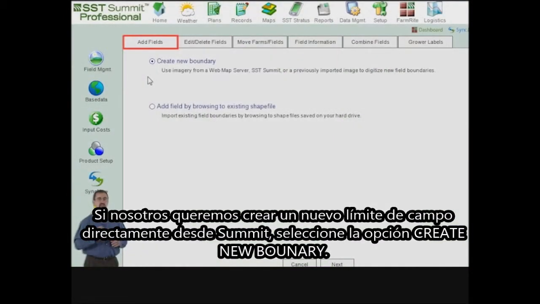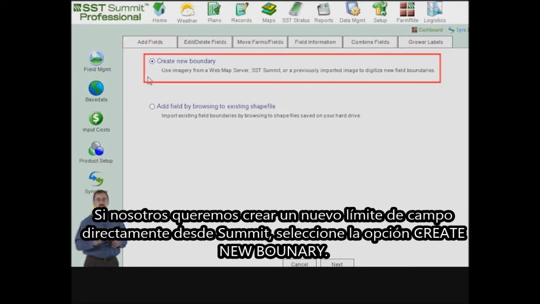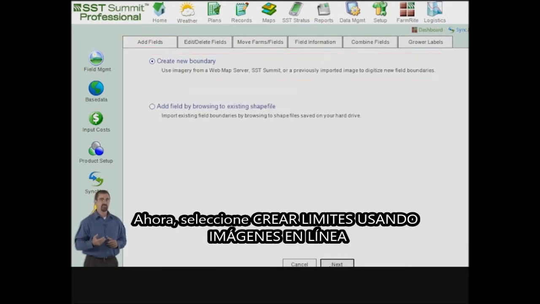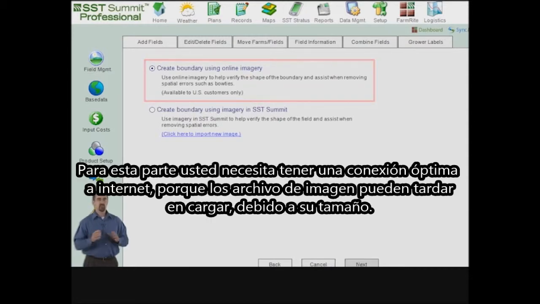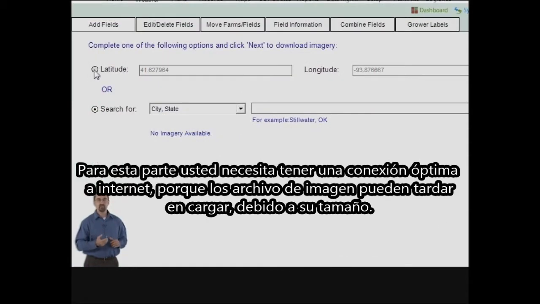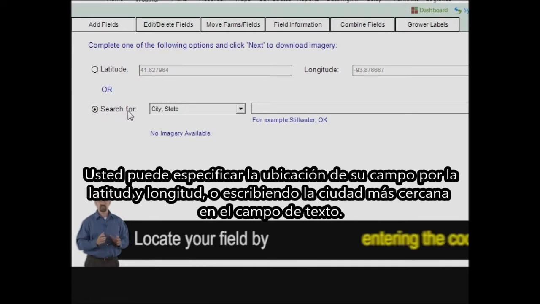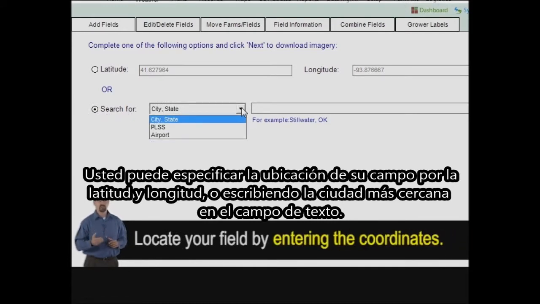Since we want to create a new field boundary directly from Summit, select Create New Boundary. Now select Create Boundary using online imagery. For this part, you need to have a high-speed internet connection because the image files that will load are rather large. You can enter the location of your field by latitude and longitude or by typing the nearest town in